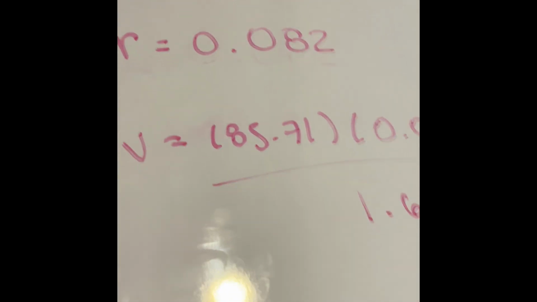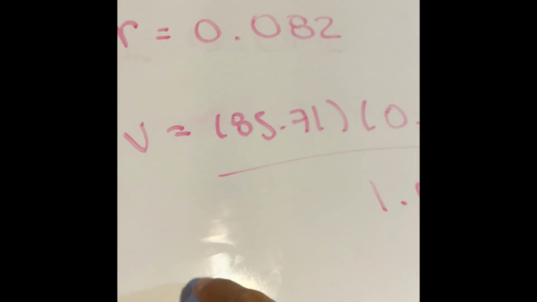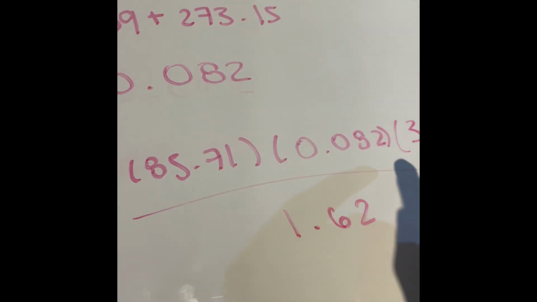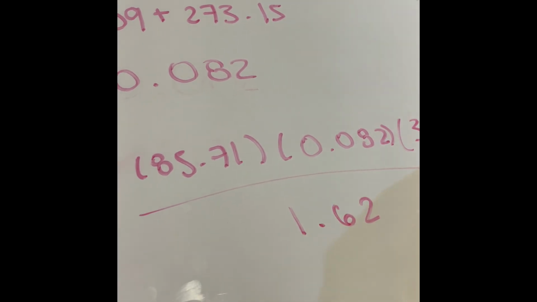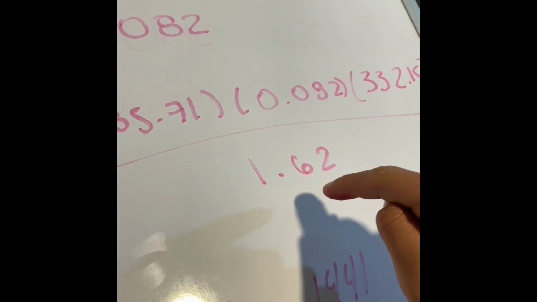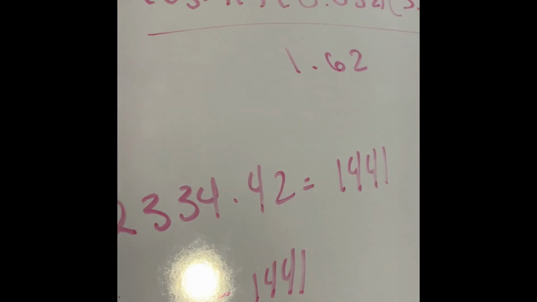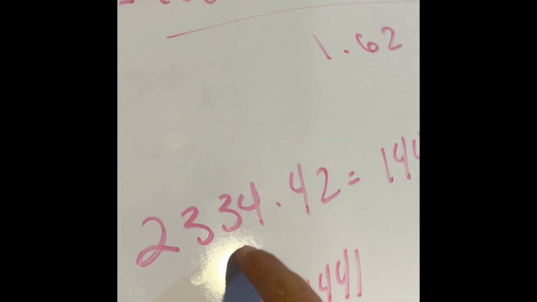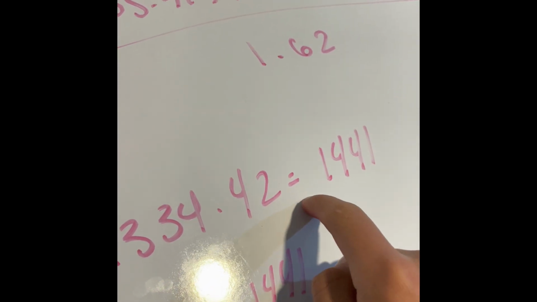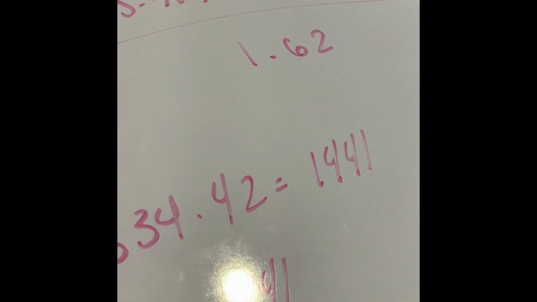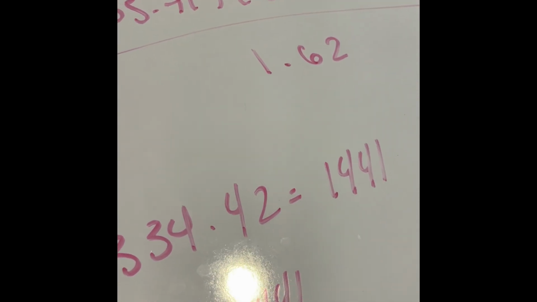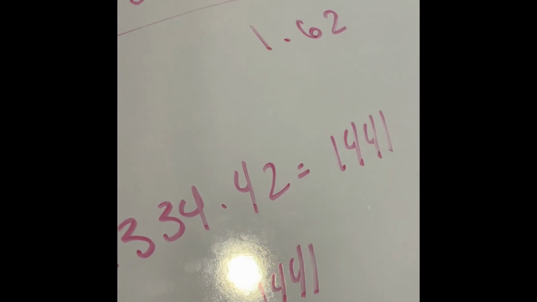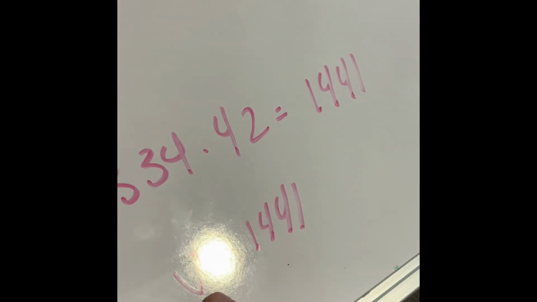273.15. So then the formula is 85.17 times 0.082 times 332.15 under 1.62. Then we have 2,334.42 equals 1,441 under 1.62. So for the volume, it could be